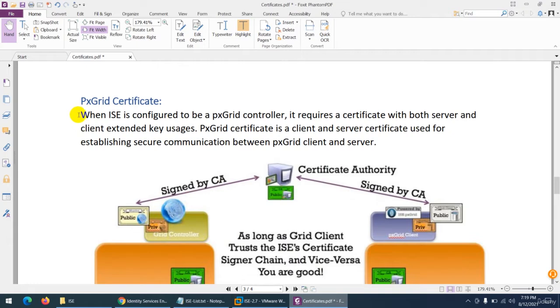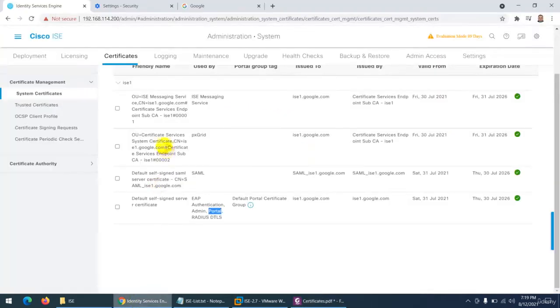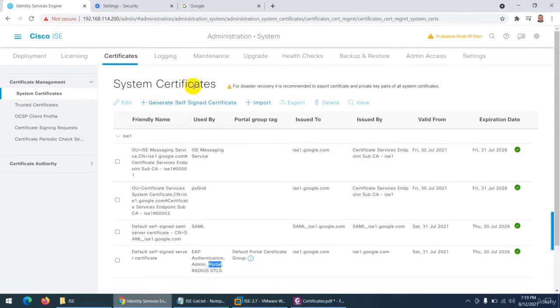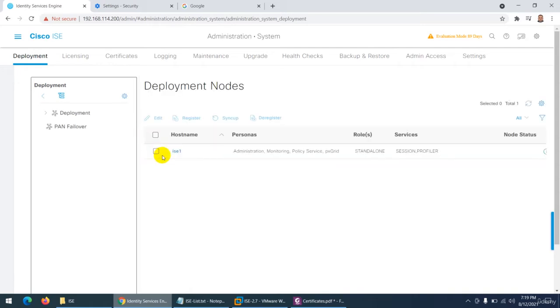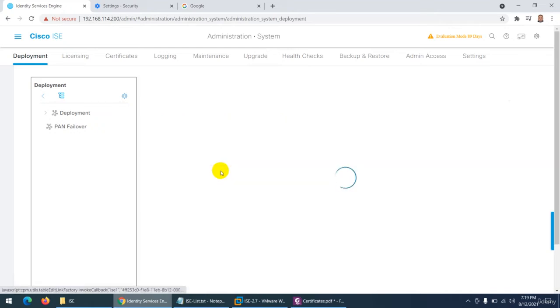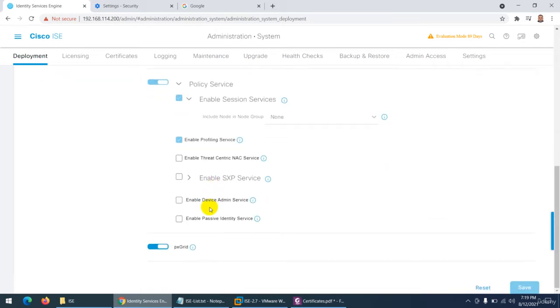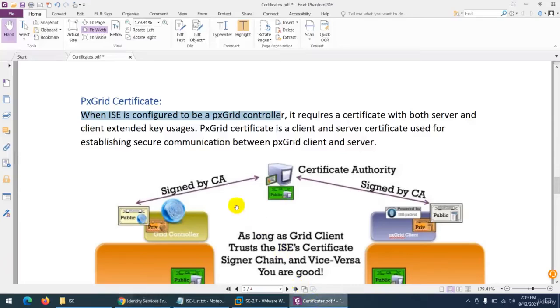If you configure your Cisco ISE as a PxGrid controller, right now I believe if I go to deployment, PxGrid is not enabled by default. Yeah, it's enabled, by the way. So PxGrid is enabled. If you want to use this persona, PxGrid, if you want to integrate different third-party devices,